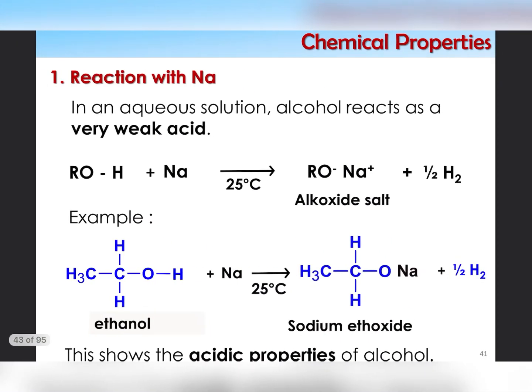Okay, so first kita tengok reaction with sodium. Okay, so in an aqueous solution, alcohol will react as a very weak acid. So contoh, you have alcohol, ini general equation, react dengan sodium metal at room temperature, you will get alkoxide ion. So bila kamu tulis alkoxide ion ni,